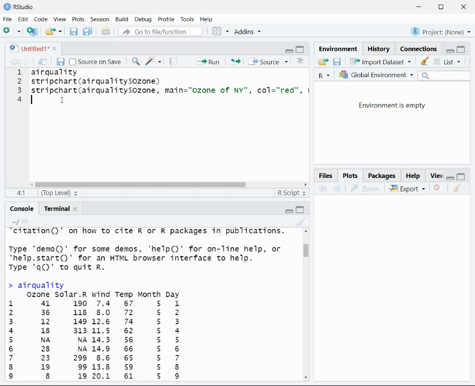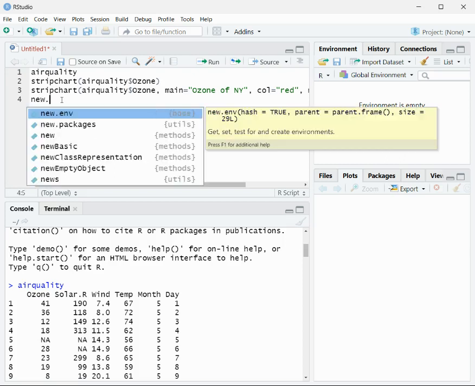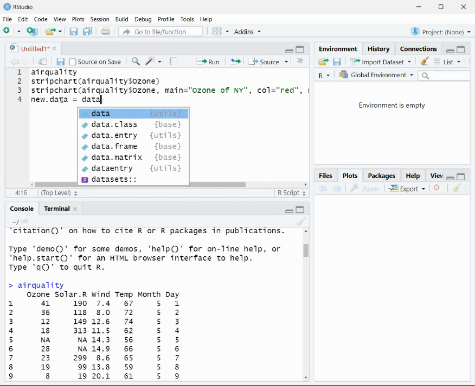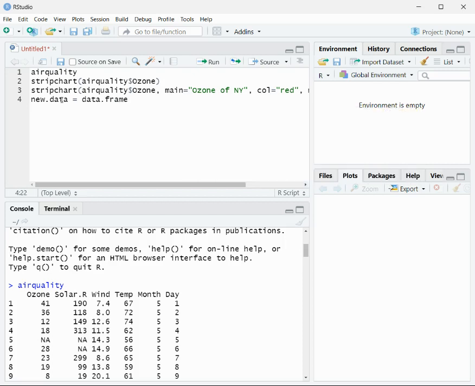To do that, let's first create a variable, let's say newdata, wherein we will just copy the values of the first and second columns of airquality. Let's use data.frame to create a separate table. The first one is the name of our first column, equal airquality dollar sign Ozone, and then the other one,